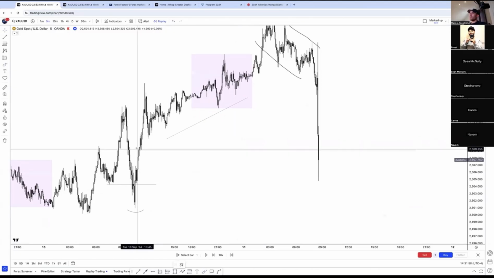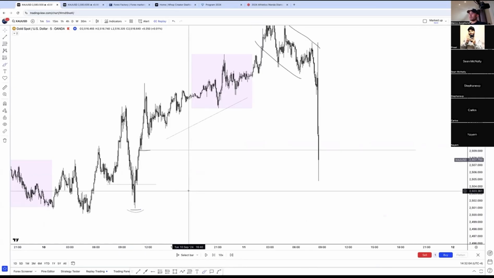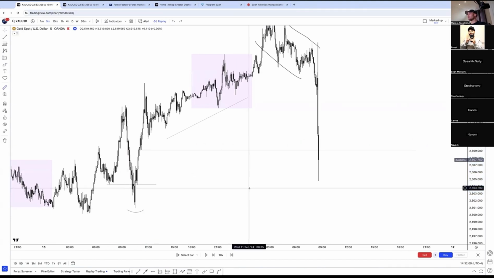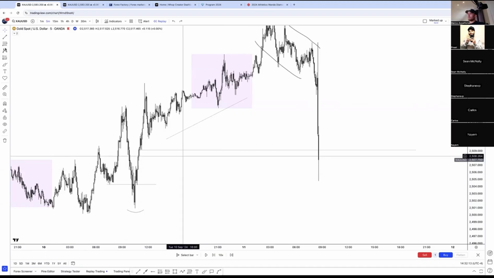Like we always talk about, we can take it when the liquidity's taken. Unfortunately, look at the range we have from this low to the bottom of our liquidity block. If I measure that, it's an 80 pip range, which means your stop loss needs to be 80 pips. I'm not too down to have an 80 pip stop loss.